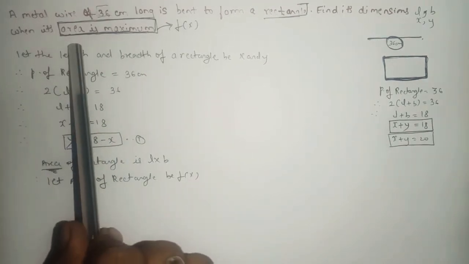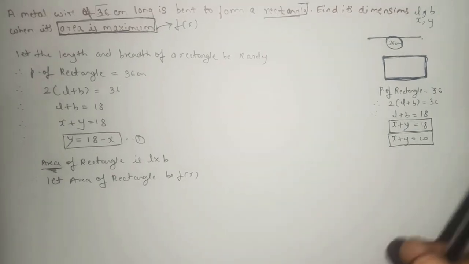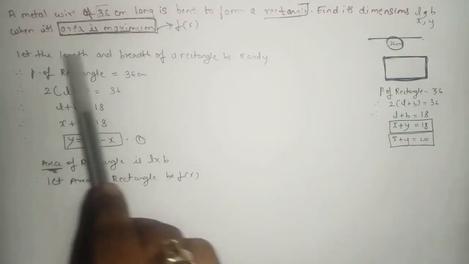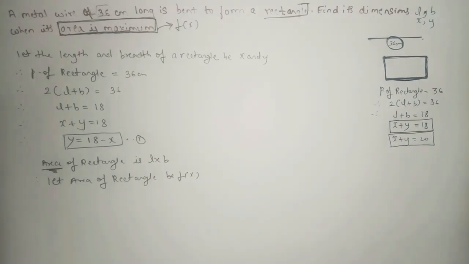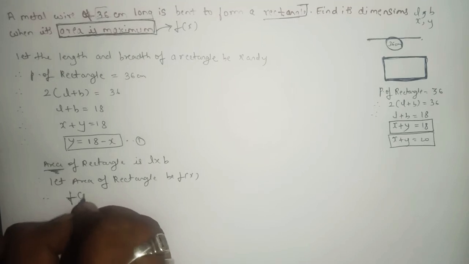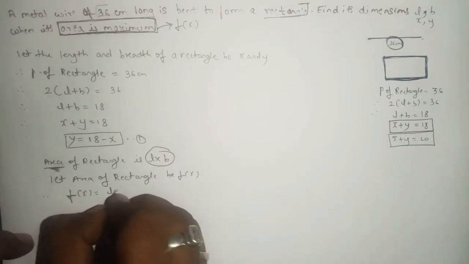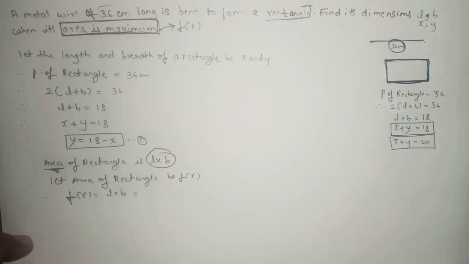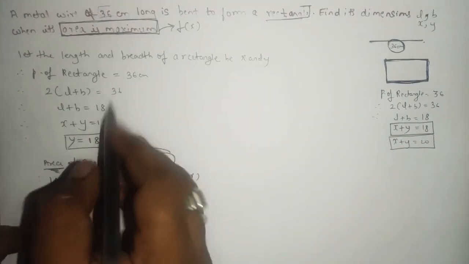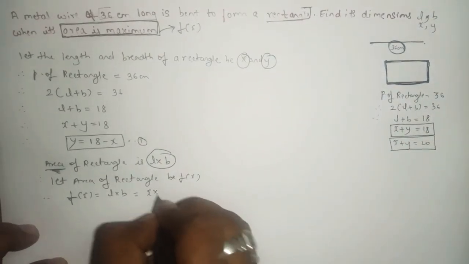If it says that the product is maximum, so here you will write the product, let the product be f of x. Okay, for that particular sentence you will consider that particular sentence as f of x. Remember, that's the end. So therefore f of x is what? The area of rectangle. What is the area of rectangle? It is length into breadth, yes or no? So what was the length? Length it was x and the breadth is y. So x into y.